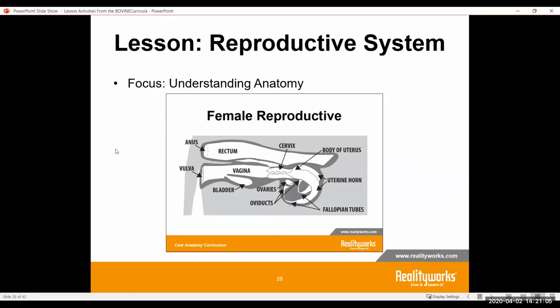So once you're in that, within our presentation slides, we have the ability for you to actually show students, okay, now give me a picture of your drawing, let me see what you drew, and then also, here's what it actually looks like. And this is from our PowerPoint slides where you can say, okay, here's the female reproductive tract, the system, and what's all involved.